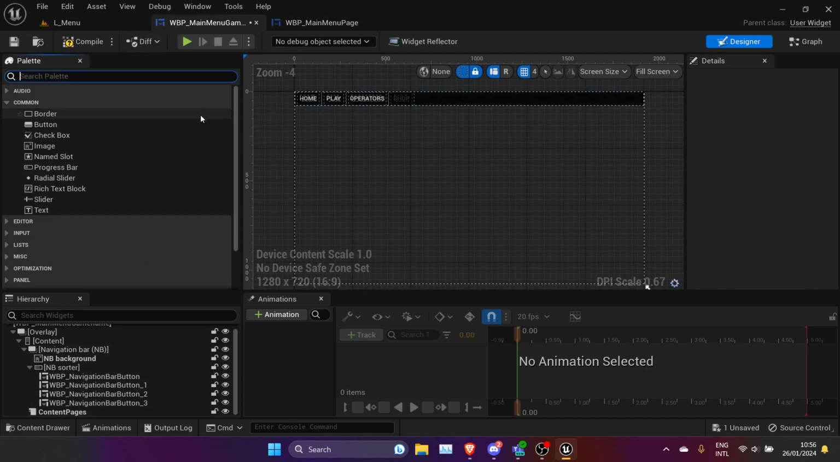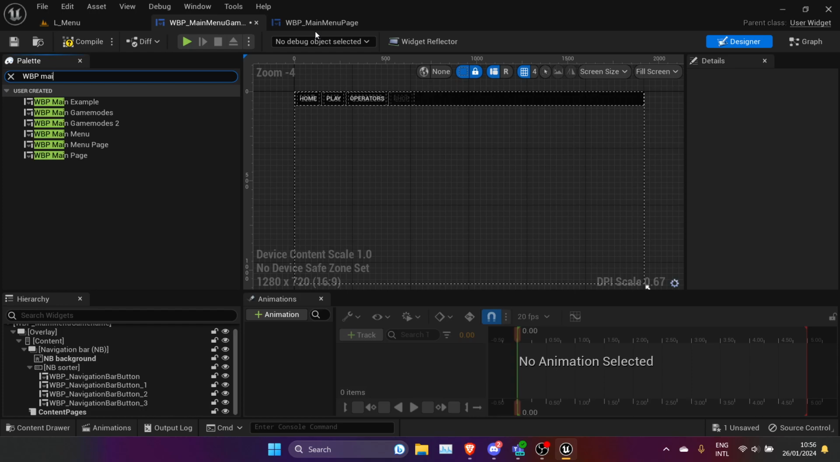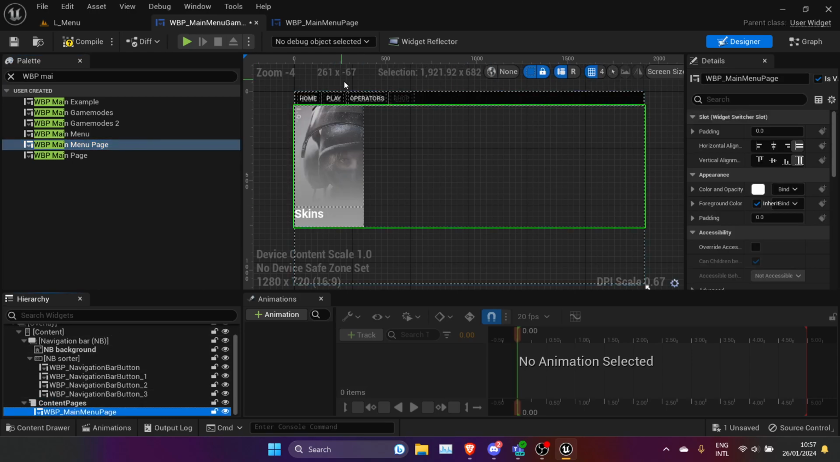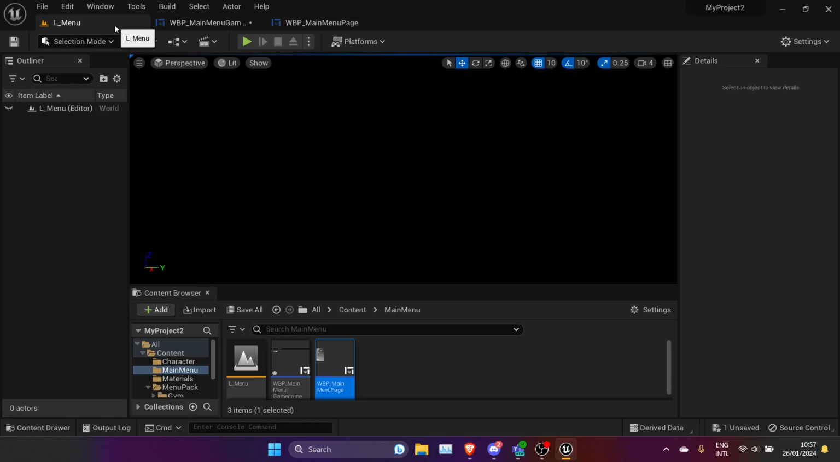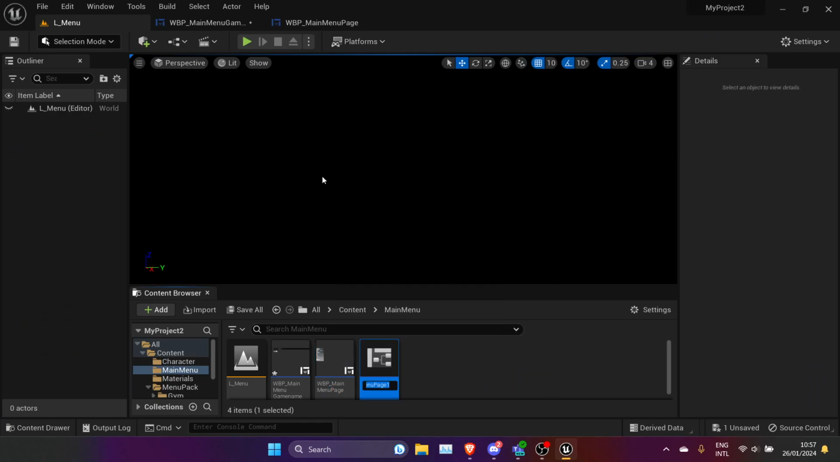We can search for our palettes, the WBB main page menu page, and we can put that in the content pages. Now, as you can see, it shows up here. If you have multiple, you can make a quick duplicate, main page 2,